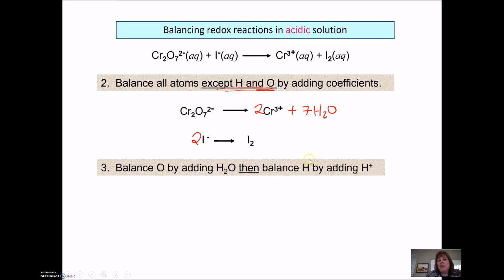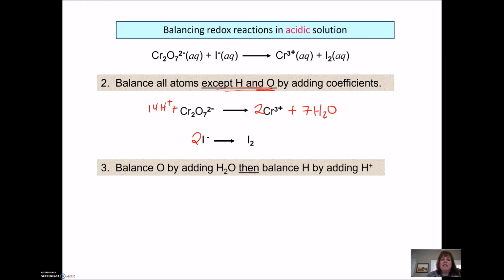7H2O. Now you'll notice there's no oxygens in here or hydrogens we have to balance, so we can forget about this one for the moment. And we're going to go back now. And because we added this water, now we have hydrogens, and we're going to balance them, because this is acidic solution, by adding H+. Make sure you put that plus in there. So 7 times 2 is 14. So I'm going to add